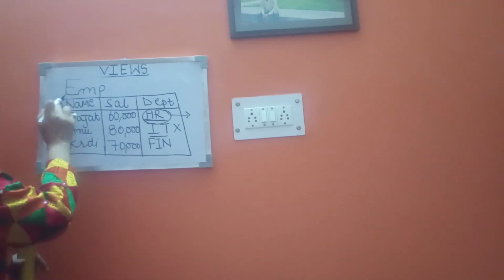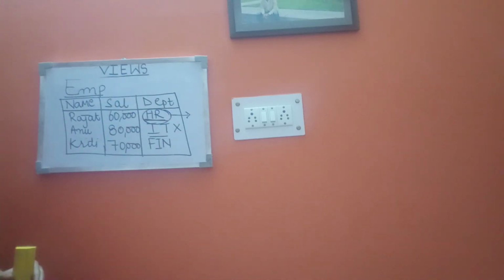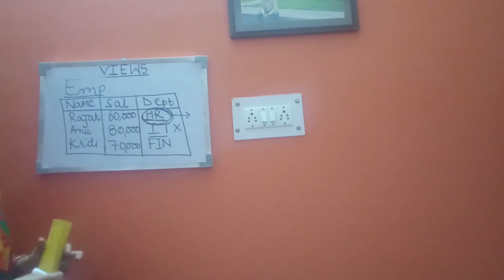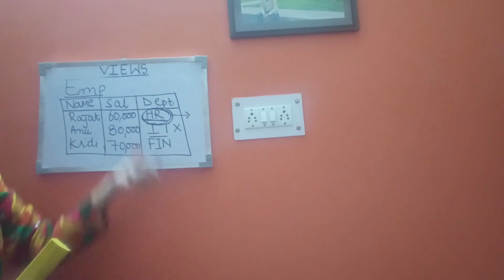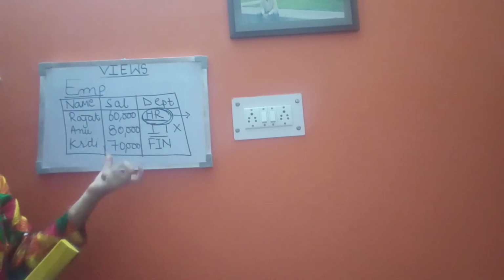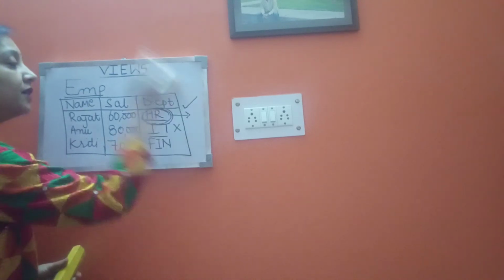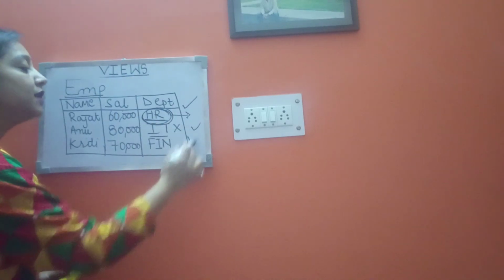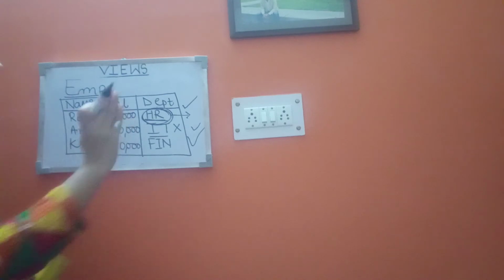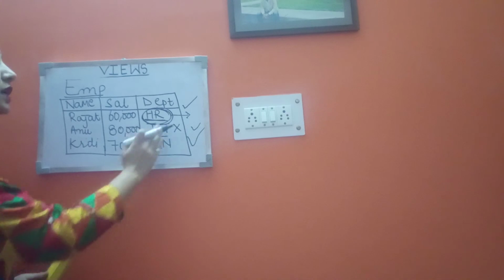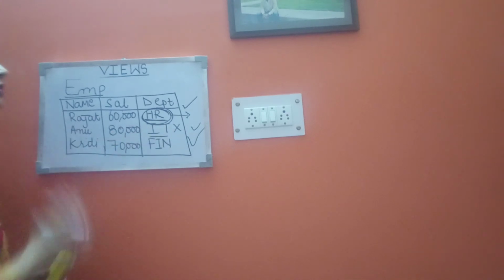Now, but this employee table is containing information regarding all the employees of all the departments. So when this HR department employee will try to access the employee table, he will be able to see the information of the entire table. All the information of this table he can access. He can access the information regarding his own HR department plus the IT and finance department also, which I don't want. I want him to be restrained from accessing information regarding the IT and finance department.